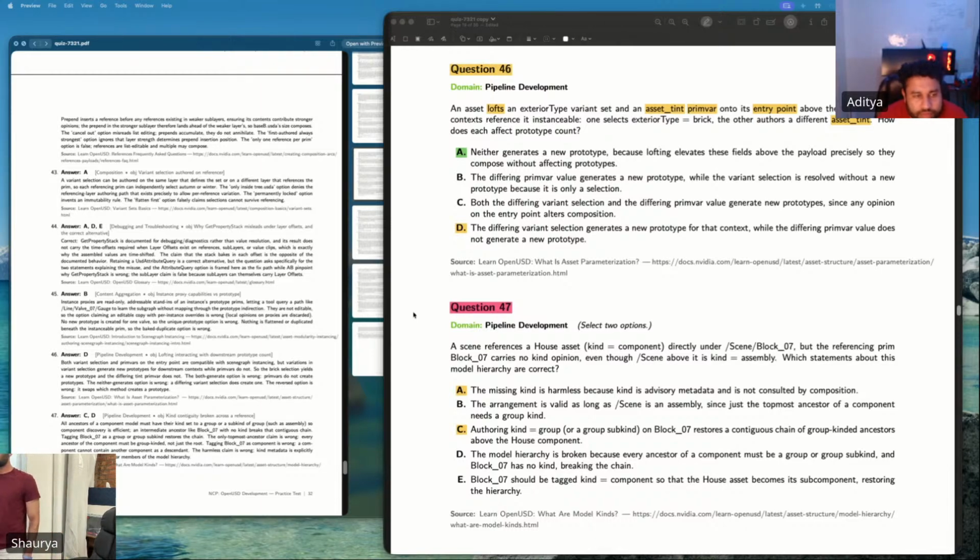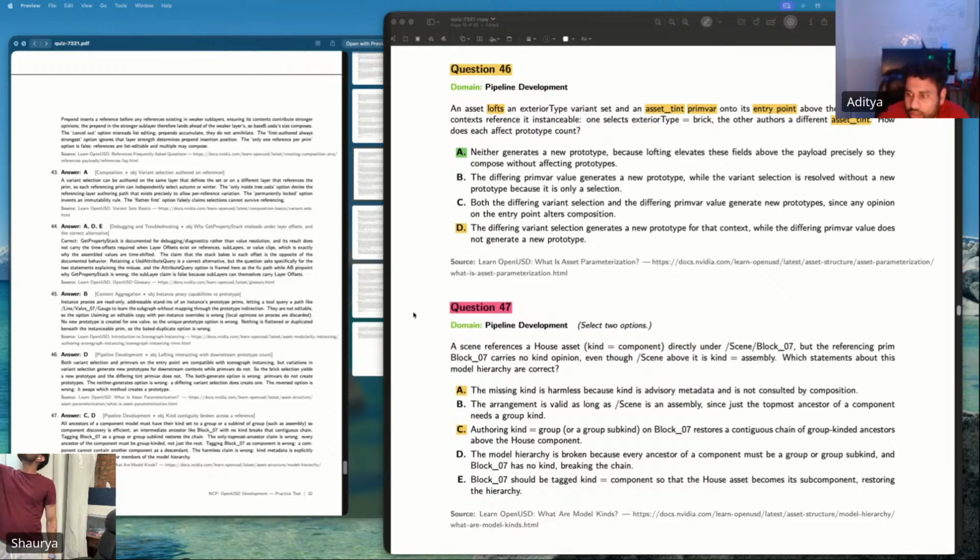But it is just metadata, right? I mean, A should be correct as well. No, it's metadata, that's true, but if you are mentioning kind equal to component in any of the prims in the model hierarchy, then you have to make sure you mention the group and assemblies as well.